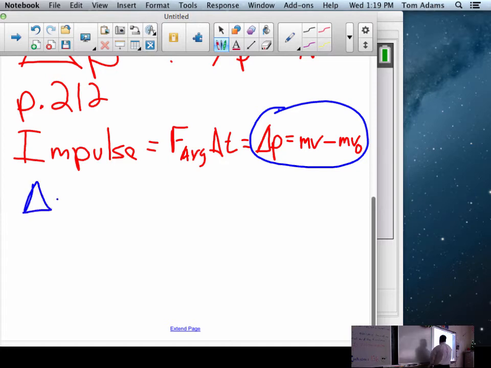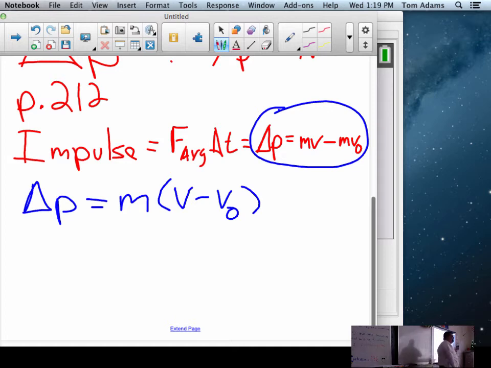So I'm going to say that delta P, which is the change in momentum, is equal to the mass. Now I'm going to write it a little differently because the mass doesn't change, right? Couldn't I, if I factored out the m, write it that way? It doesn't matter. You'll get the same answer. This one's just one step less. So what was the mass of the ball? 0.15. What was the final velocity? 34.7 minus the initial velocity, which was